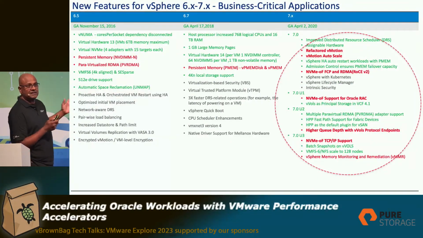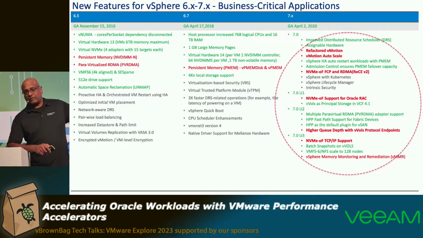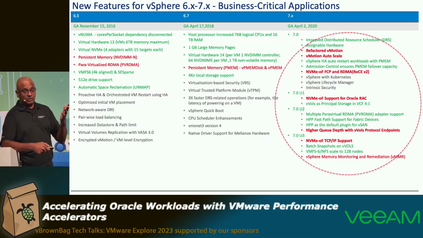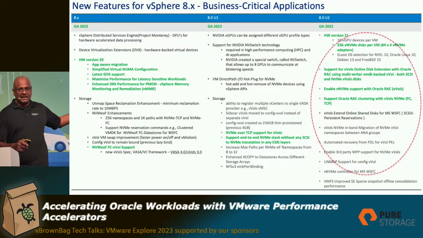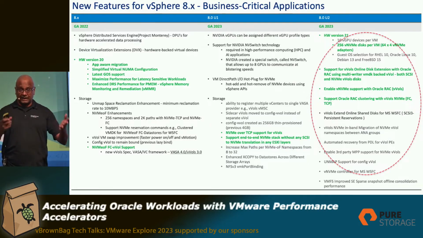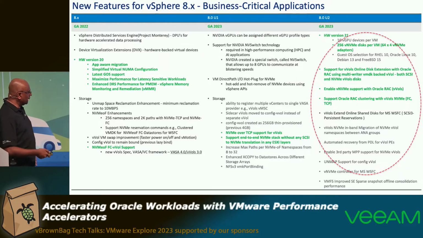These are so many features that we had for business critical applications. Starting 6, I cheated, I didn't put 5.0, I should have probably put 5.0 here, right? But I'm sure most of you would either be on 6 or probably on 7 and going over to 8. And if you look at 8.x, look at all the stuff that came out for business critical applications. Again, it's not specific for Oracle. It's specific for business critical applications. Oracle can take advantage of any of those features, right?